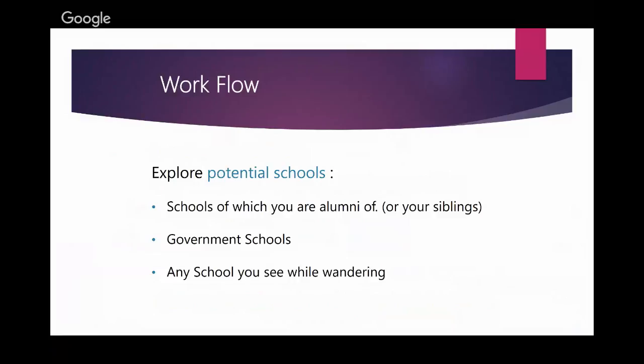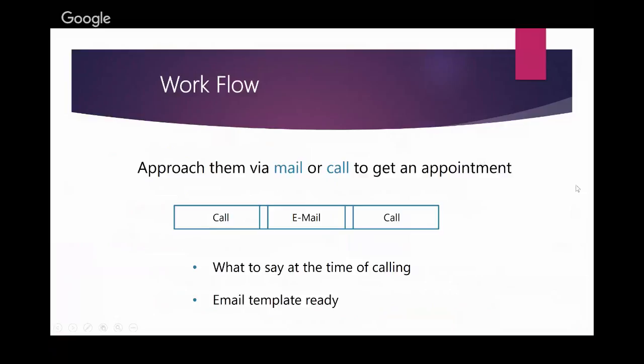So after you have explored a potential school, and you have informed us about that, what's the next step? Once we give you a green signal, we'll provide you a mail or a proposal, which you can use to get an appointment from the headmaster, principal, or computer science faculty, right? So the three ways that you can go forward are,